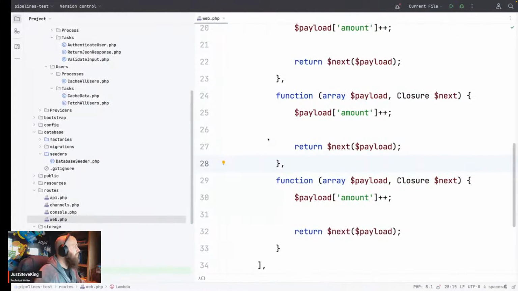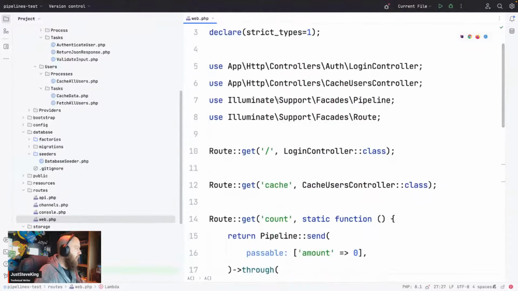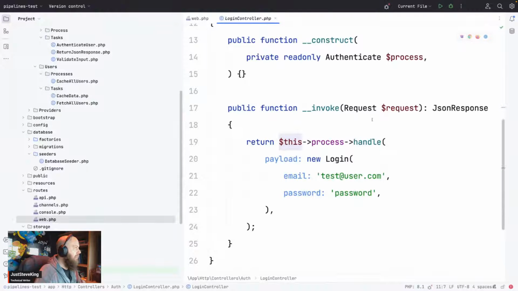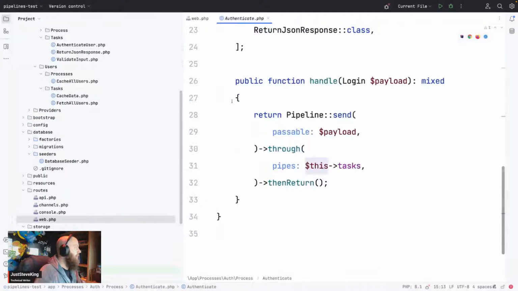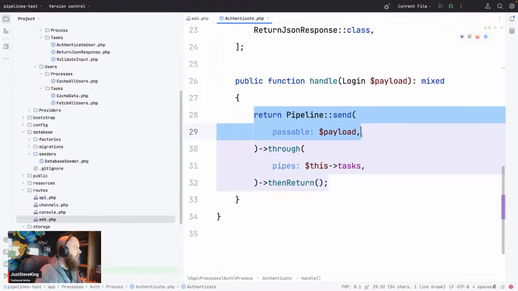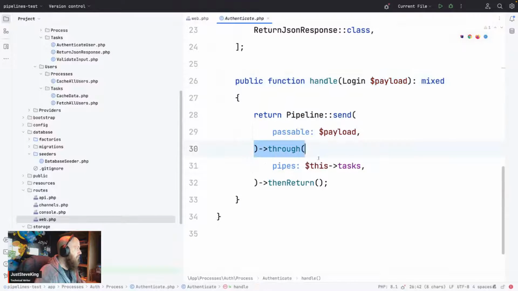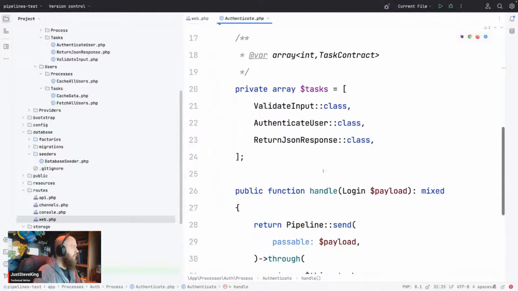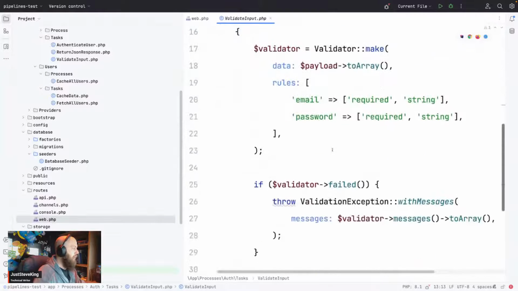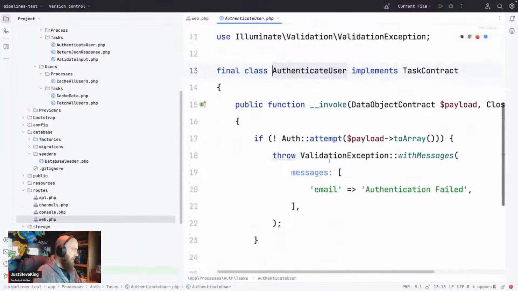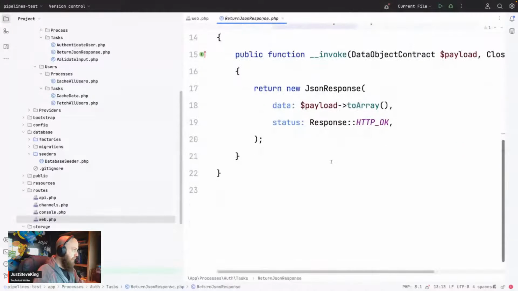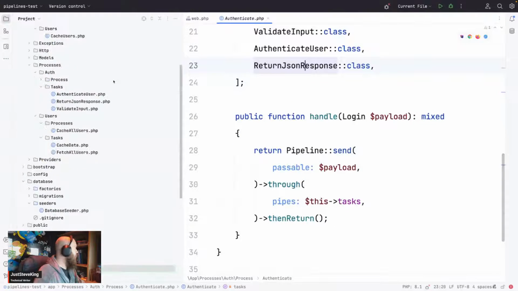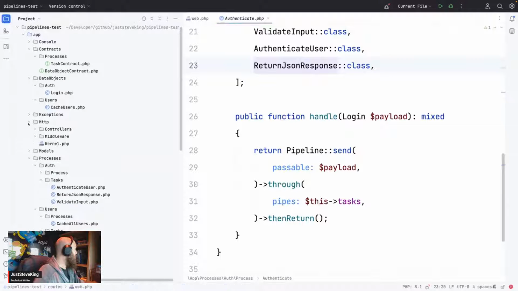And yeah, that's exactly it. If you've ever used middleware in Laravel, that's basically a pipeline. So what I've started with this login controller is we build out this process called authenticate, which basically just goes, okay, send this payload data through these pipes and return. So what I've been able to do is validate my input, authenticate a user, then return a JSON response, all from one controller